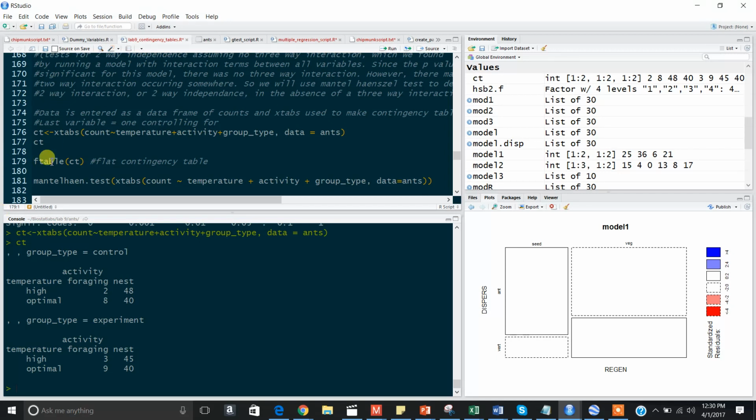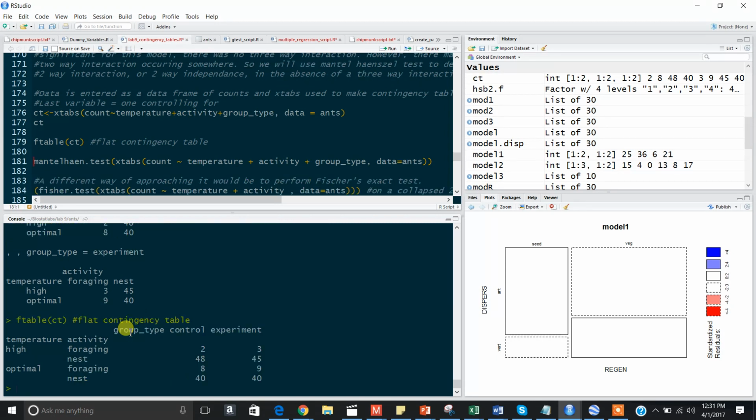So then we can run a flat contingency. So this is the 3D contingency table, again controlling for group type. Now we can make a flat contingency table using the ftable function. Okay, so here's the control group, and here's the experimental group, and then the counts according to different pairings of